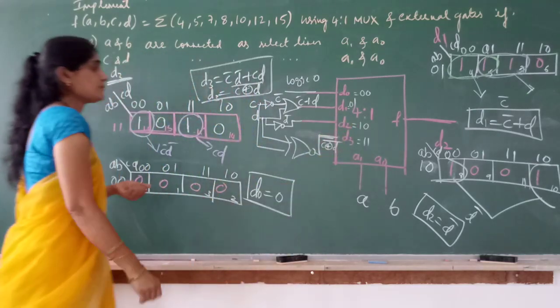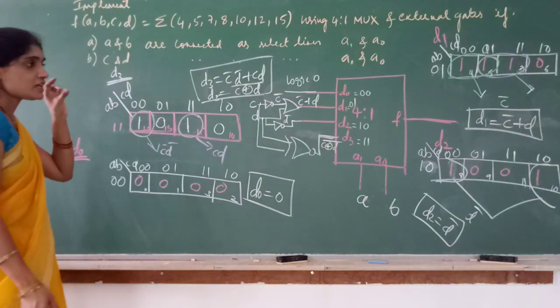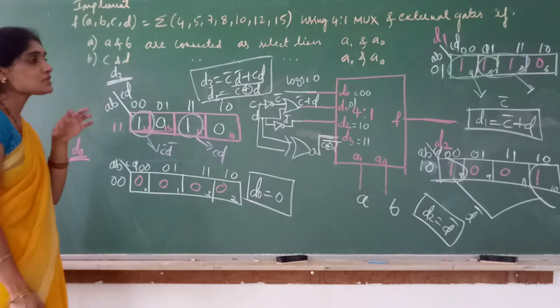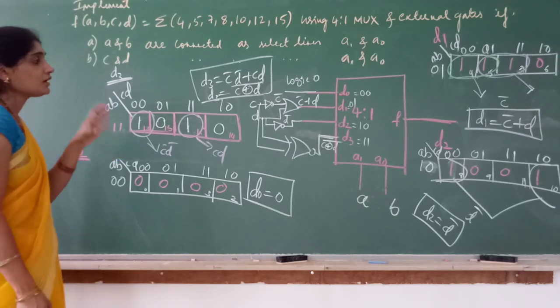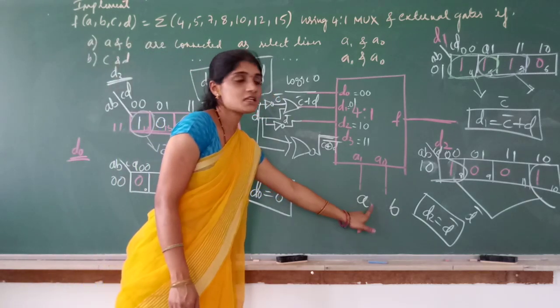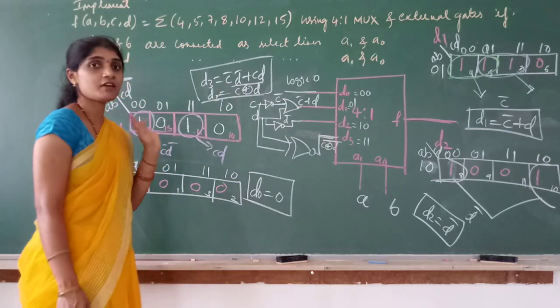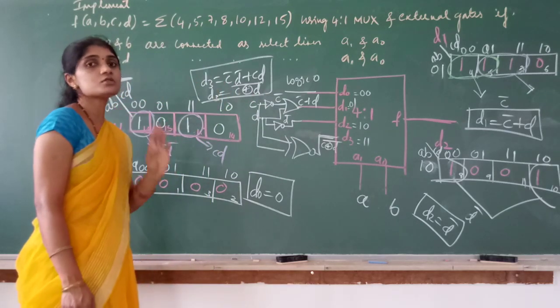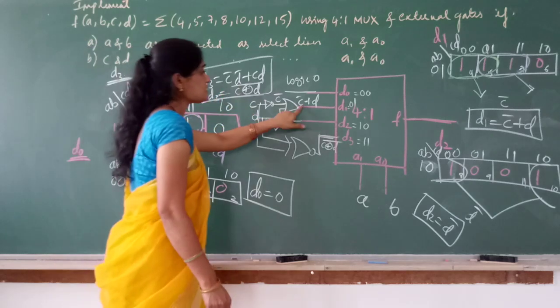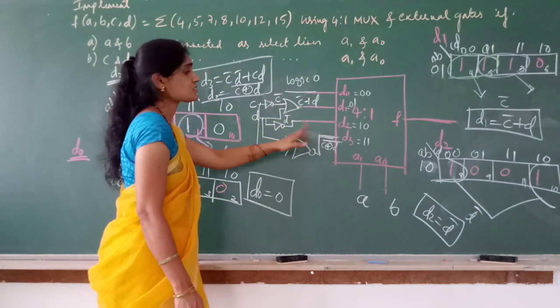Okay, that is D3. So this is the implementation for the given function using a 4:1 MUX. Each row you have to take separately and simplify it using the K-map. Don't write in the K-map equations, don't include the select inputs. Here AB are select inputs, so in the equation I have not considered AB, but I have written the equations according to the rules of the K-map. C bar plus D with an OR gate, D bar, C XNOR D.